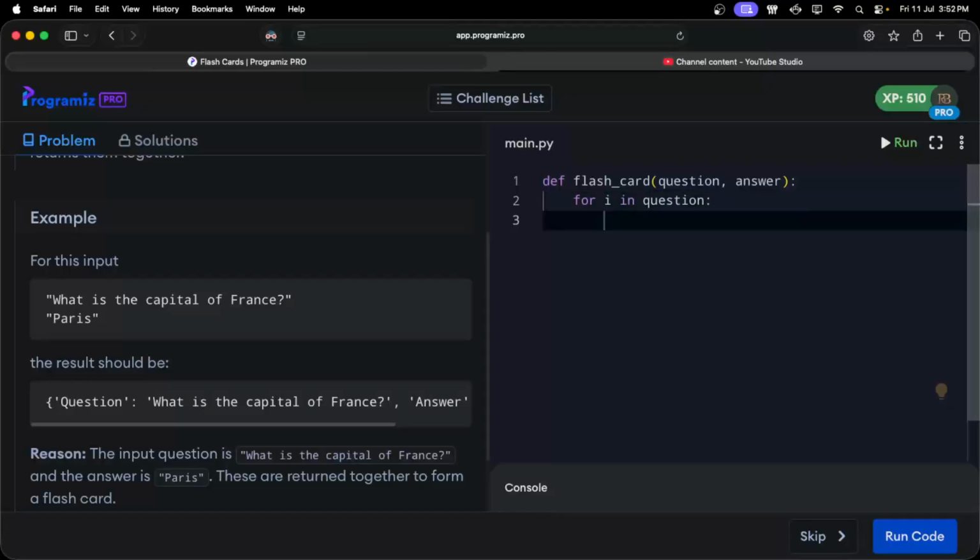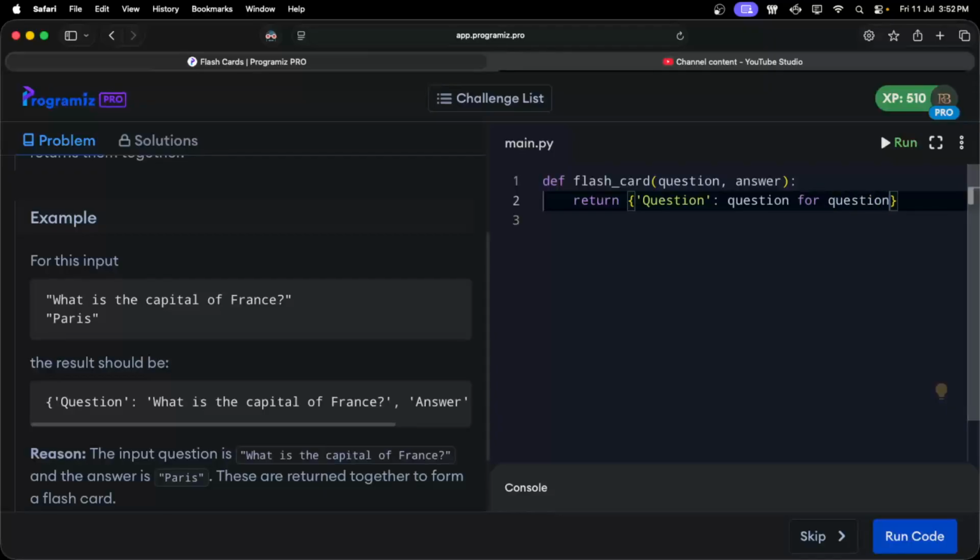So let's just do that, and then what we can do is, we just need to add it up as well, or we could simply use return, right? So let's just use dictionary iteration, right? So in this, what we can do is question should be what question,